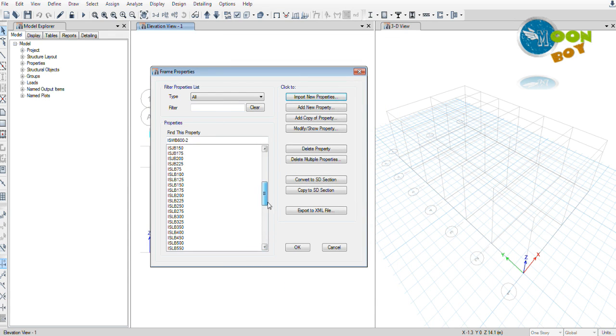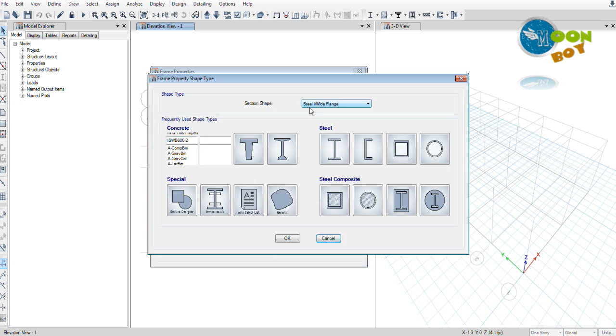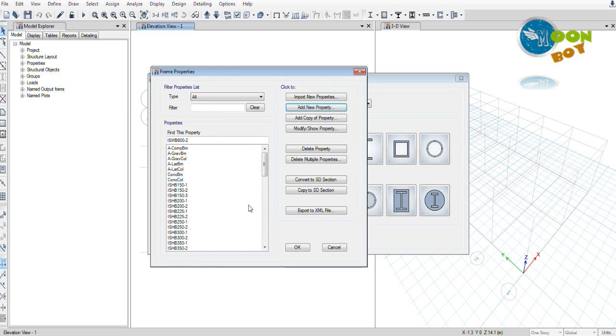So all properties of eye sections have been made available here. Now I will be creating a new property with the auto select list,